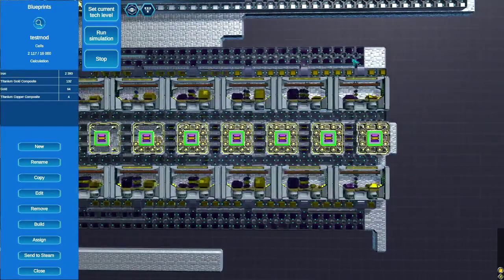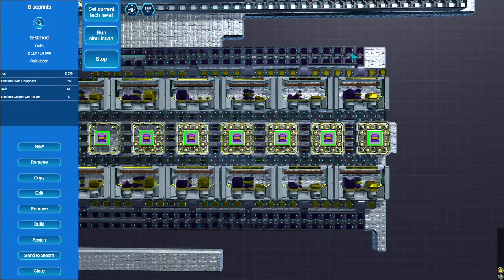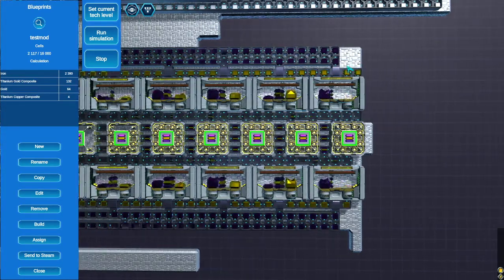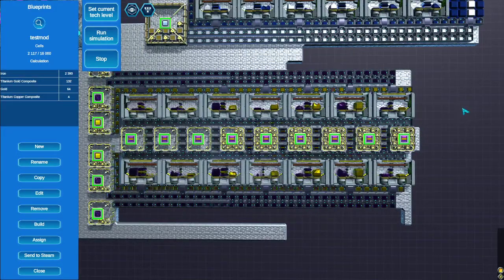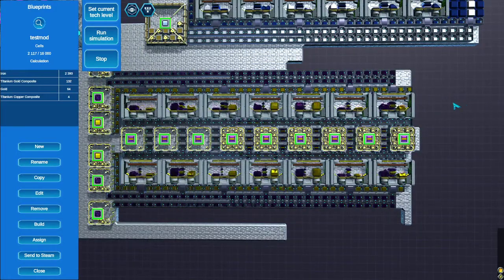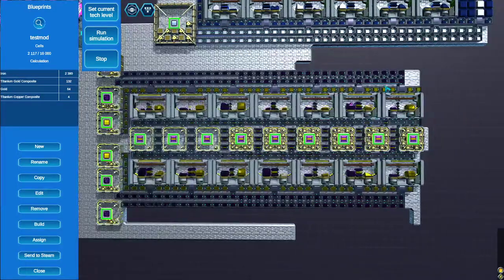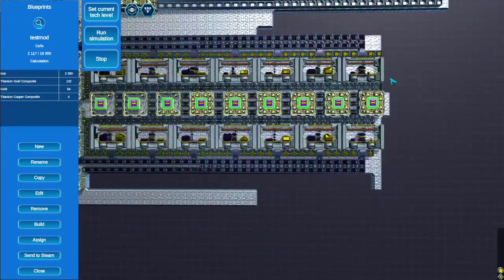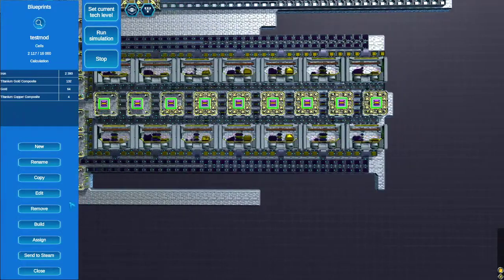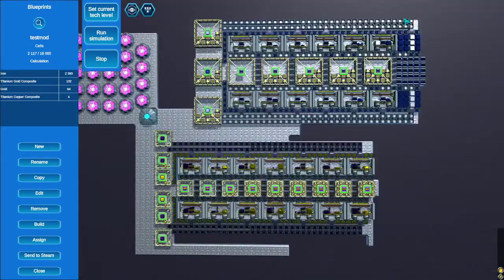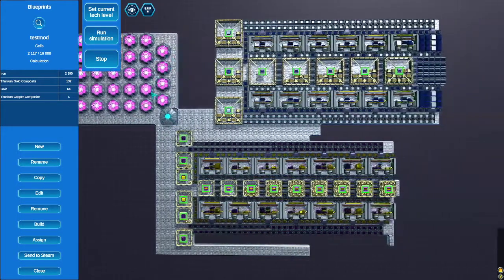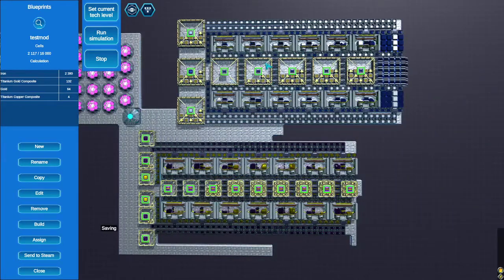I could probably add more stampers, but I have a bit of backflow here, and I'm pretty sure that when I did this the first time, I tested out another stamper and it meant that the last stamper was always a little empty. So I took it off and opted for the backflow as opposed to having a stamper that wasn't running and taking up room. That's why this system works: A, you don't have to manage power at this point, and B, you can copy to a different place